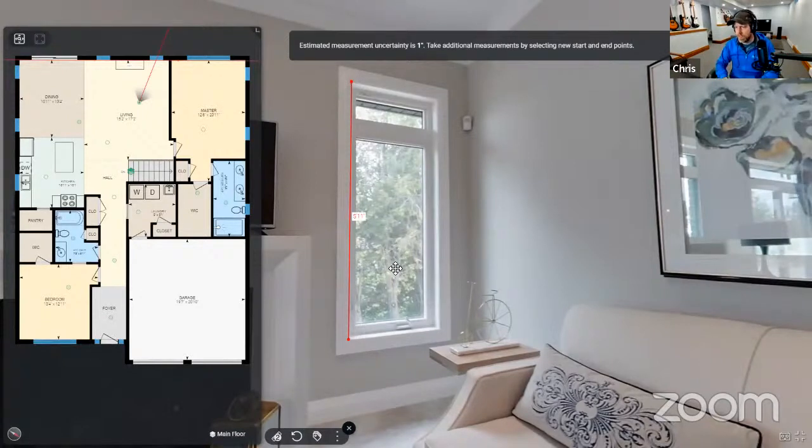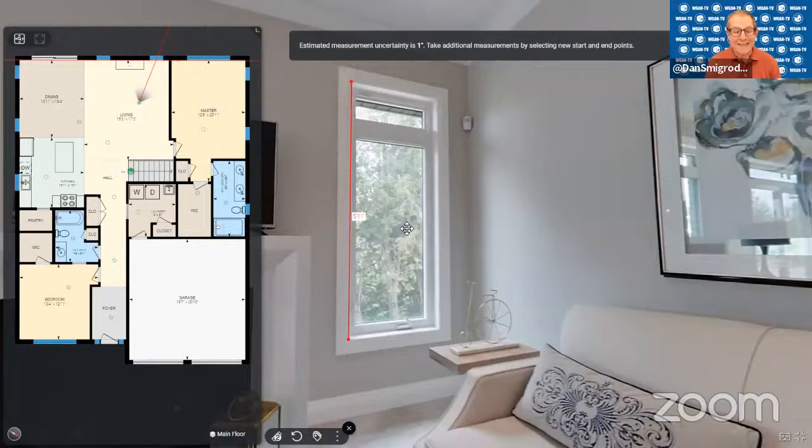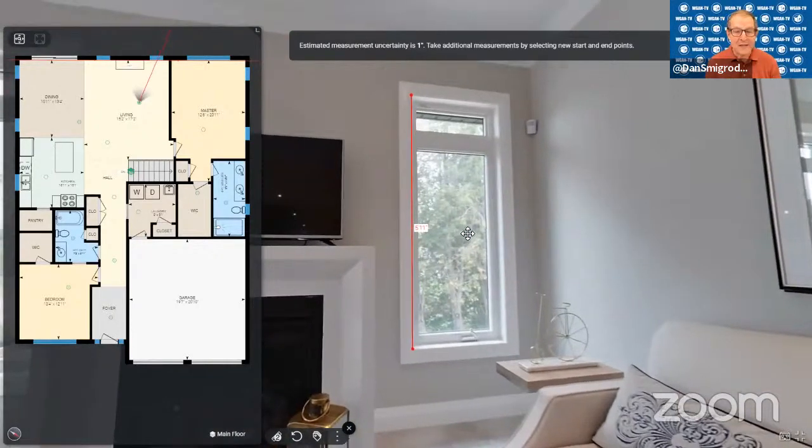So in a residential real estate sense, this is cool. You can measure windows for blinds, and you can measure really precise intersections between things. That's pretty neat. But it really shines in other industries like facility management or insurance restoration construction, where you're really trying to define the exact precise area where something has occurred in 3-dimensional space. Not that that doesn't have applications in residential real estate, but it's not as popular. So that measurement says 5 feet, 11 inches.